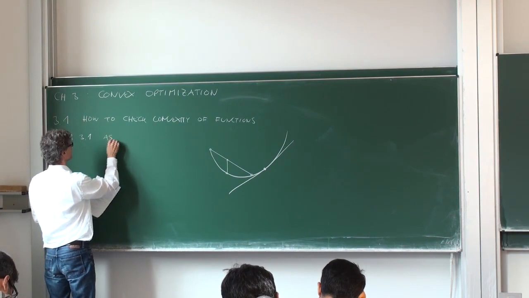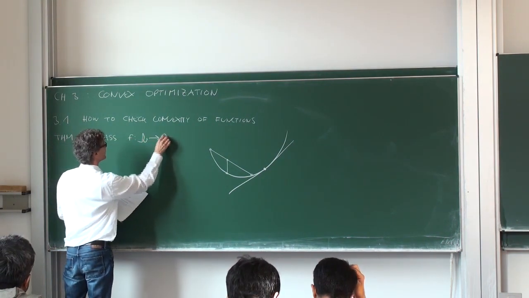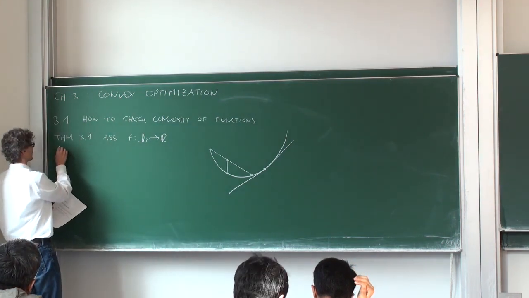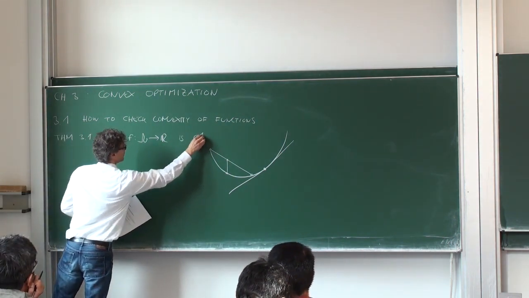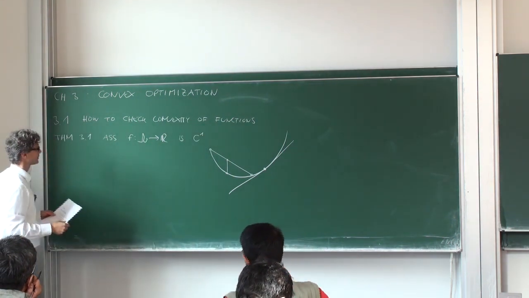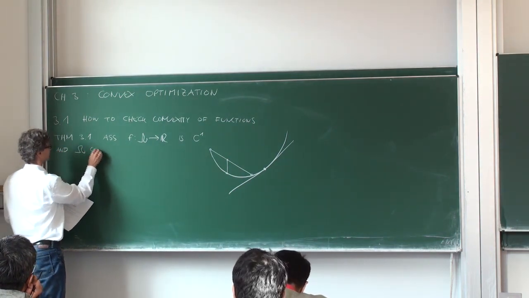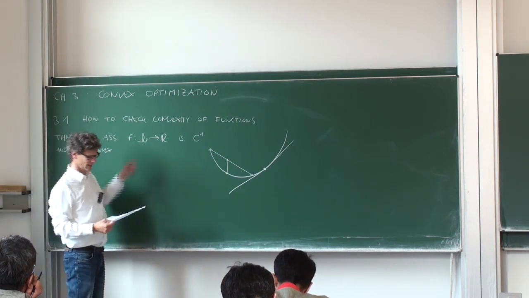So you assume that you have a function f from some convex domain to R that is continuously differentiable. So it is C1, so 1's continuously differentiable. And of course we assume that omega is convex. So we didn't say anything about convexity of f yet, but then